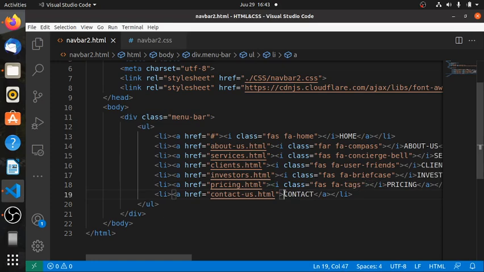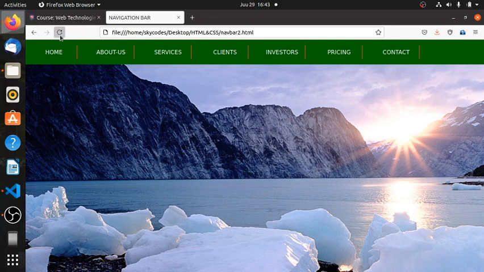Then for contact, we can maybe use an icon of an address book. Address dash book. So when I refresh this page,